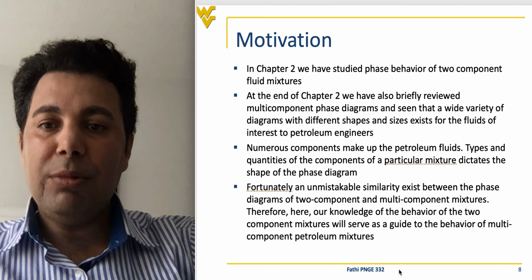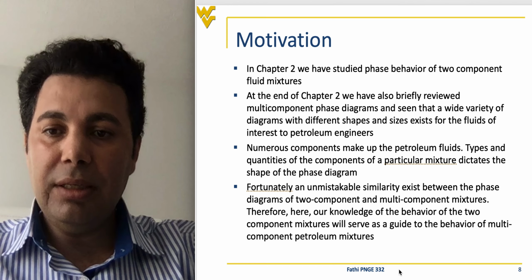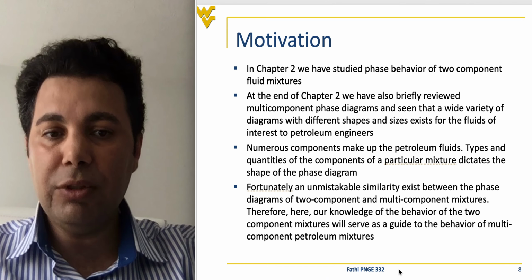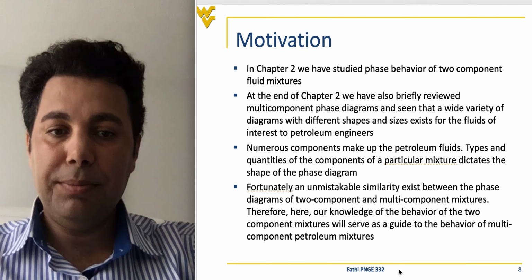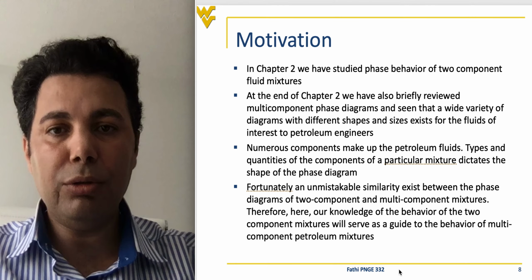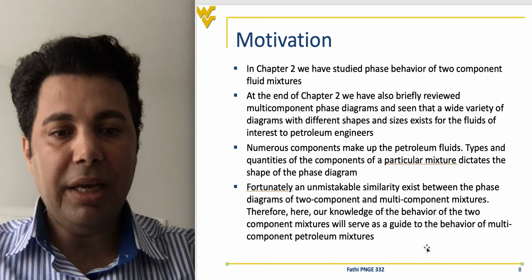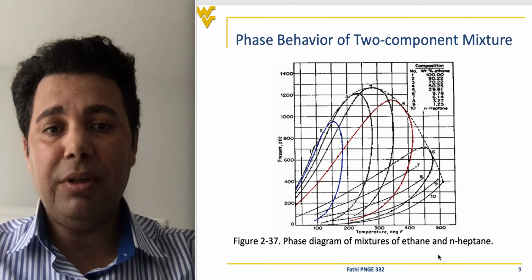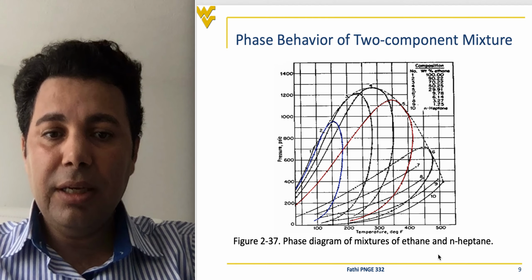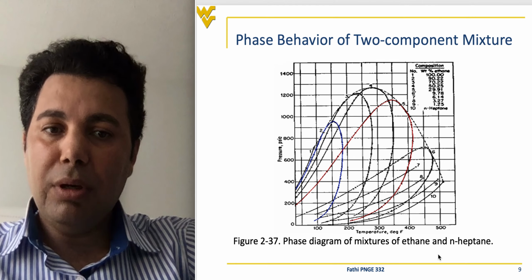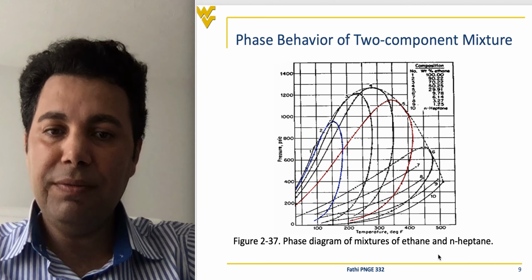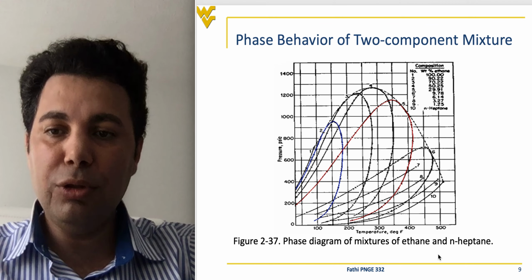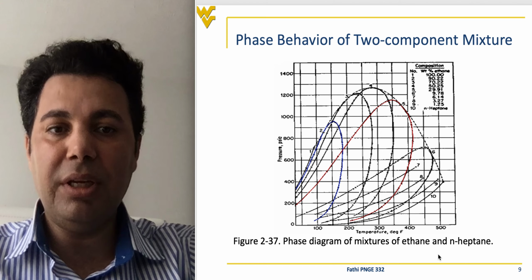Then we moved to chapter 4, where we introduced more equations of state that have been used in the industry, like the Peng-Robinson equation of state, which is very famous in the oil and gas industry. But in this chapter, what we are going to do is look at the behavior of the different mixtures based on their phase behavior. The good thing is the phase behavior of multiple components is very similar to the phase behavior of a mixture of two components. Okay, so there is a very good similarity that we can use to study their